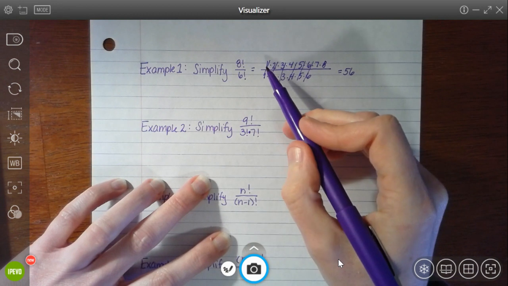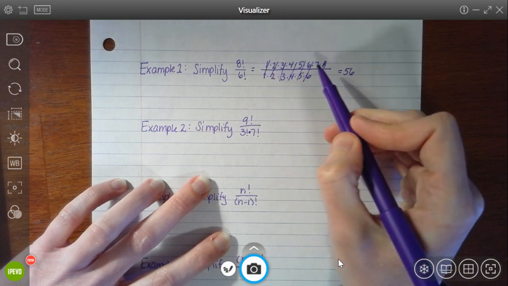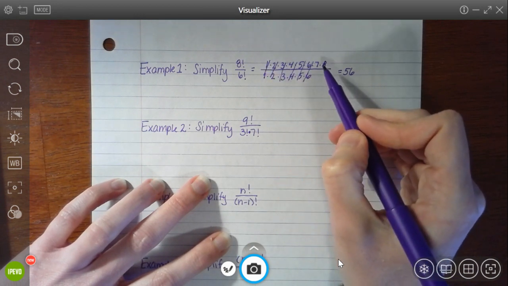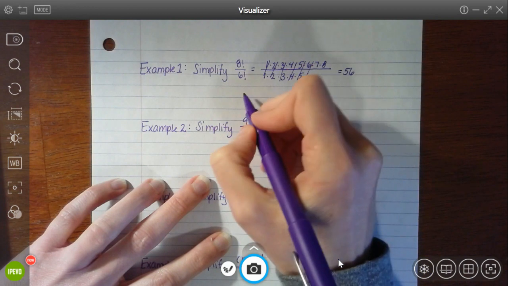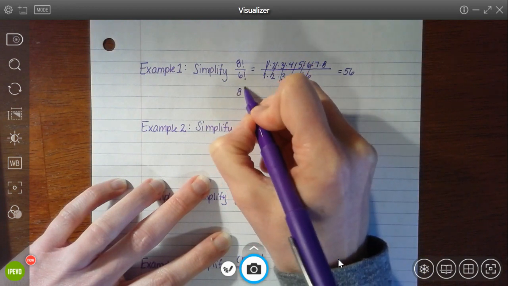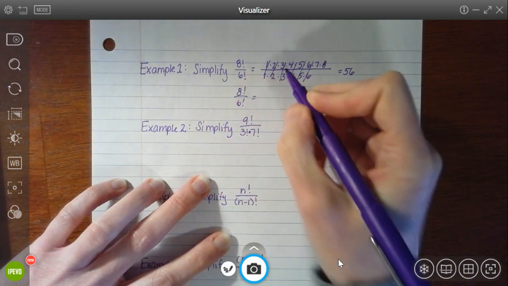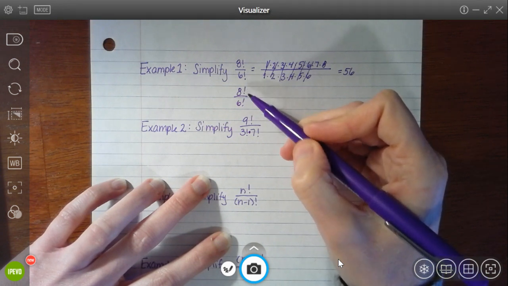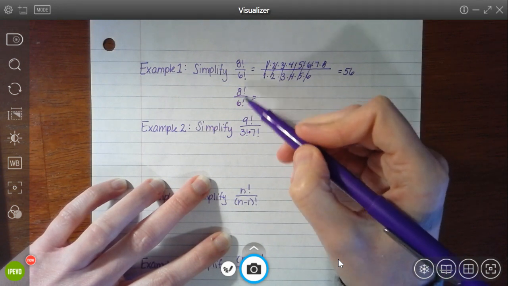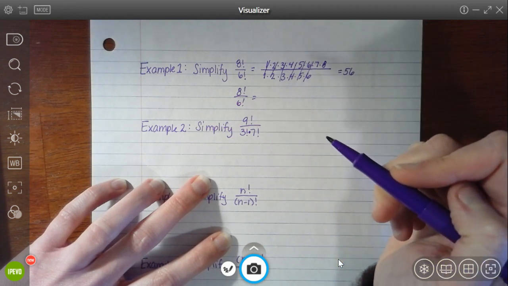So instead of starting with 1 and then counting up until we get to our value, I'm going to actually start with the value and count backwards, working my way down towards 1. And as I'm expanding out, what I want to do is look for whichever factor is larger. So in this case, 8 would be my bigger value. And I'm going to expand that out, but then stop once I get to that value that matches my denominator